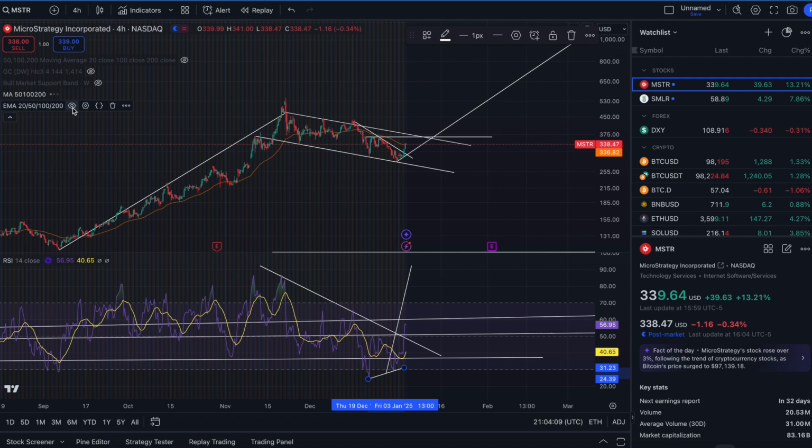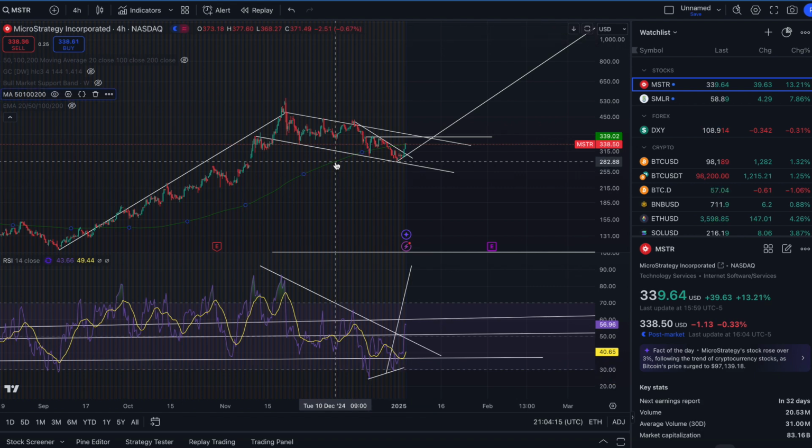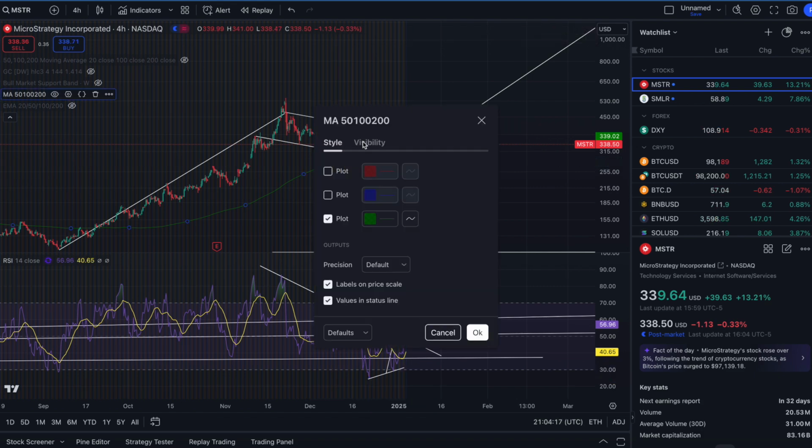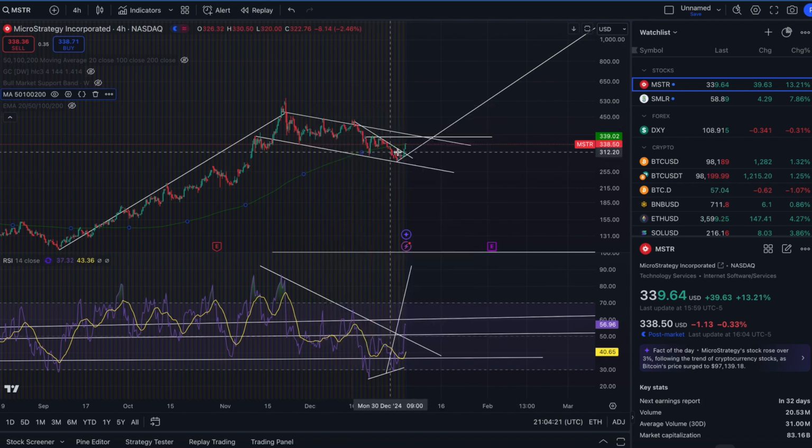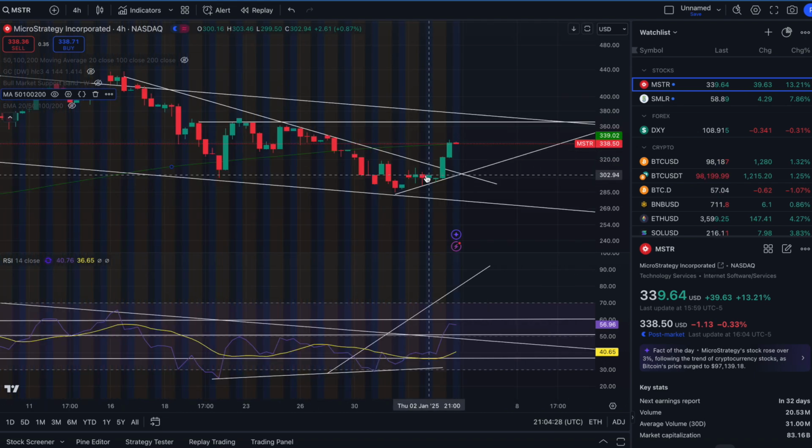Looking at more moving averages, do we see anything bullish? Now this moving average right here, this green line, you have to pay attention to. This is the 200 moving average, so we want to get back above this, and right now that's sort of holding us up. If we zoom into this price action, look at everything a little bit closer, it's sort of holding us up, but we're sort of sitting right at it. So we're running into some resistance there.